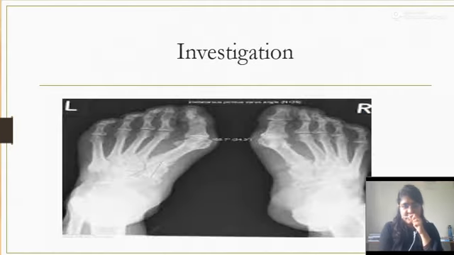So this is the X-ray of the hallux valgus, which you can see. Usually X-ray is not required in the diagnosis of hallux valgus because it is clearly seen and physical examination can be done. There will be lack of range of motion and pain over this part, especially at the place where the bunion is developed at the metatarsal head. Otherwise X-ray is not necessary. But if some other problem of the foot is there, for example if any trauma happens and the patient goes for an X-ray, at that time hallux valgus can also be diagnosed.